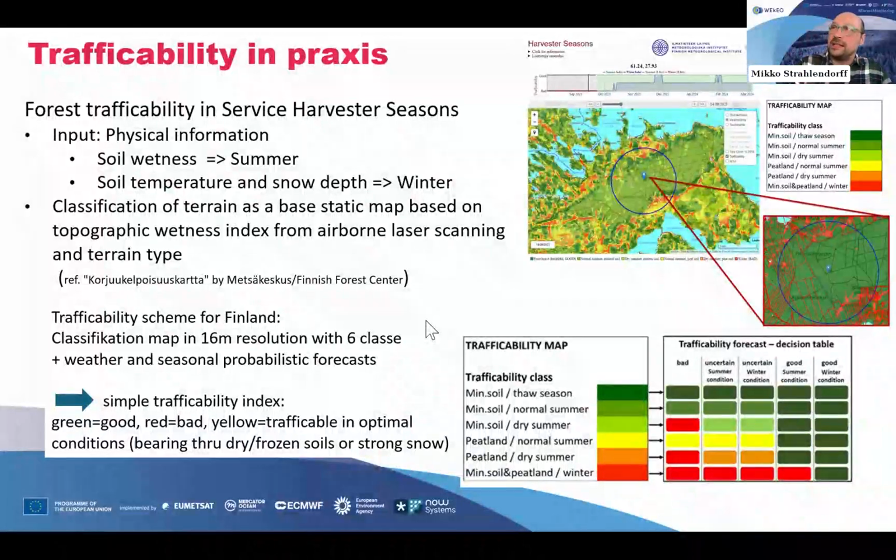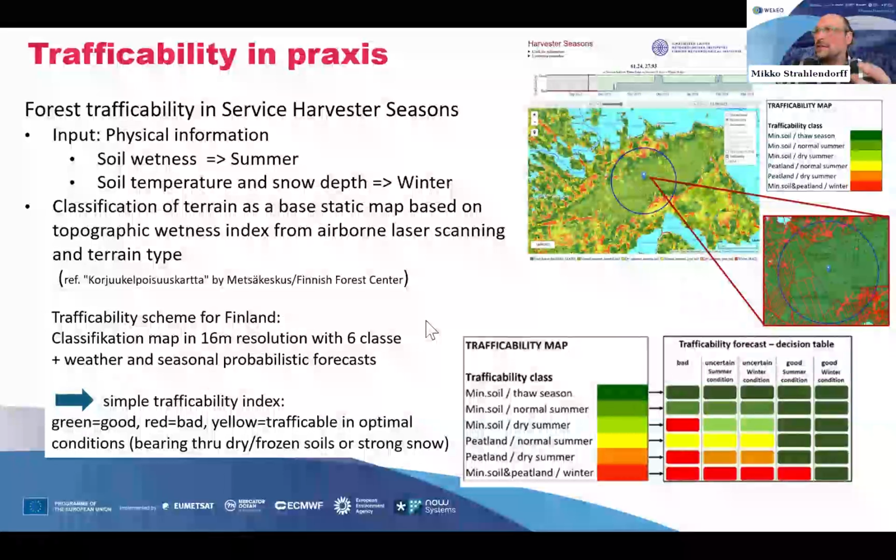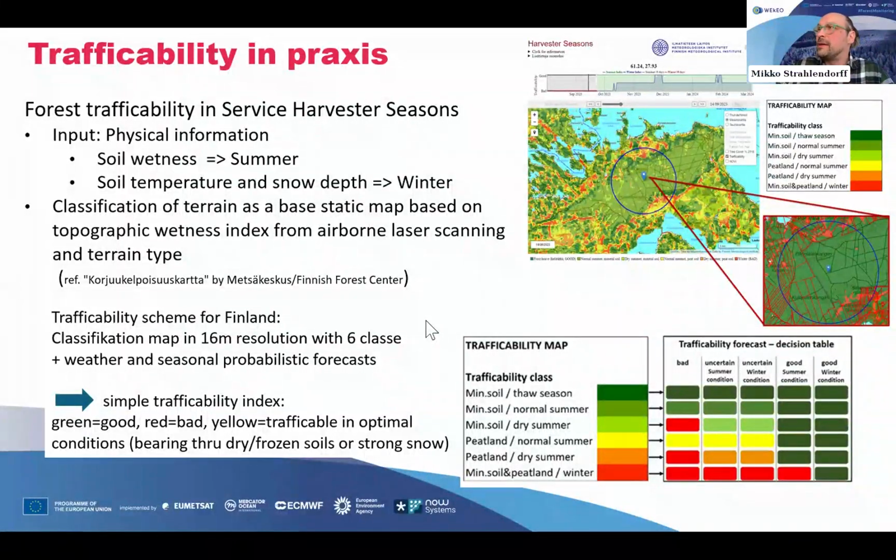But to get to this trafficability question, the right word for this is forest trafficability. And really, it is such a system that in Finland we do have a 16 meter by 16 meter resolution airborne laser scanning based map that tries in 6 classes to already tell where is the terrain that needs winter, where's the terrain that needs dry summer conditions. And that's this trafficability map on the right, where you can say that from the green to the red,